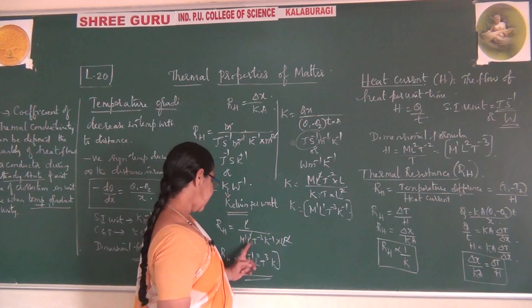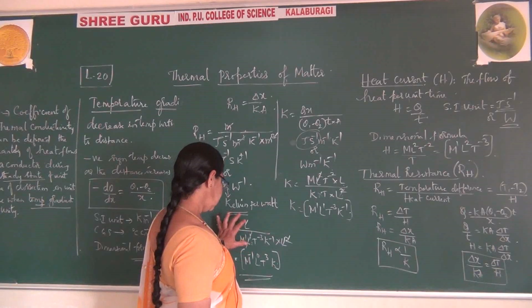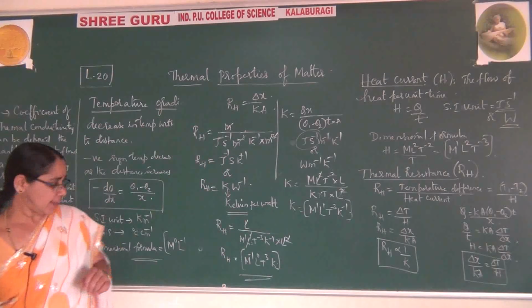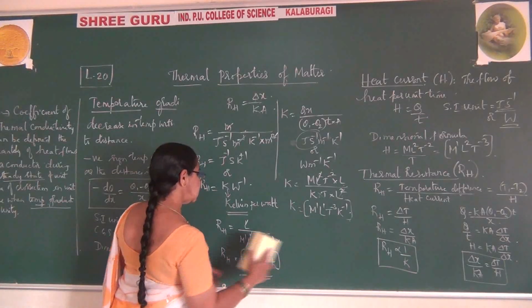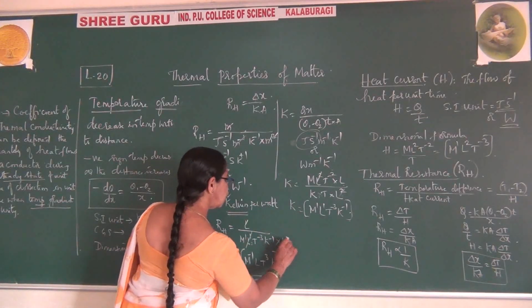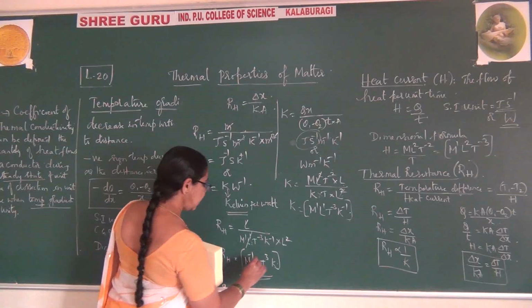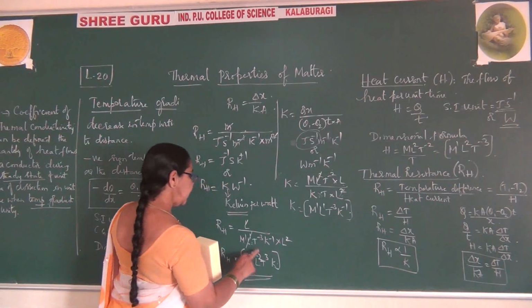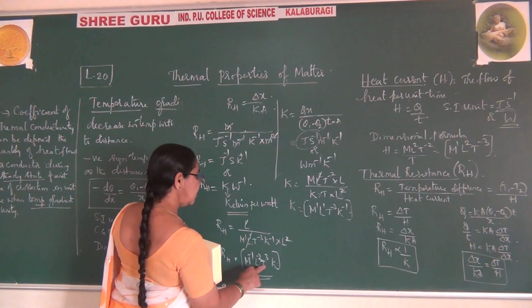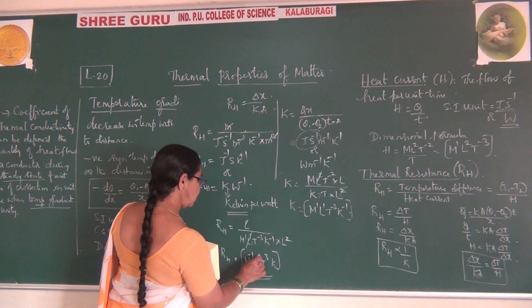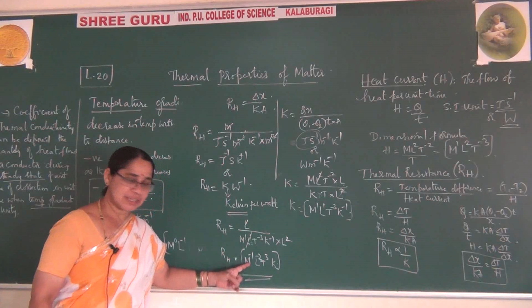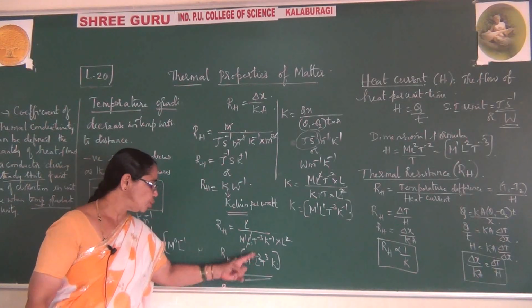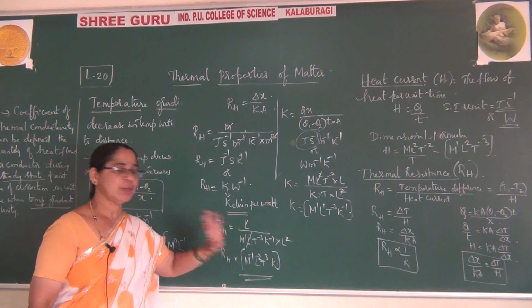L square and L. L will become L square. This comes to numerator. I am very sorry. L square is there. This comes to numerator. It is minus 2 t raised to plus 3 k. It is correct now. Now it is m raised to minus 1, l to the power of minus 2, t raised to 3, k raised to the power of 1.